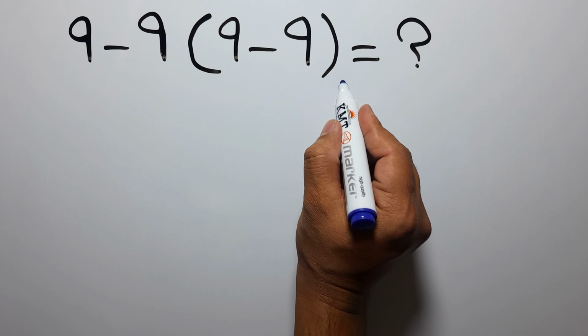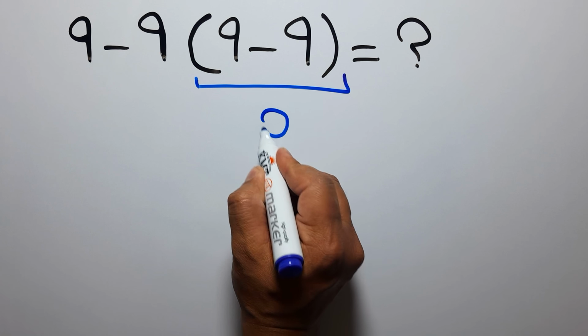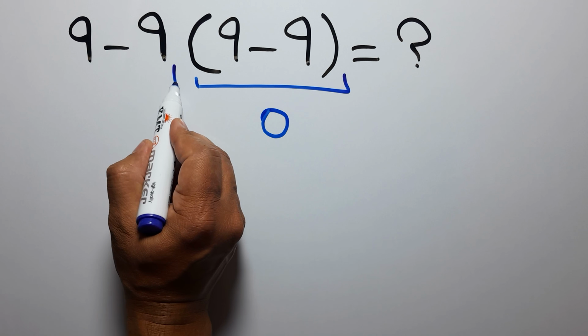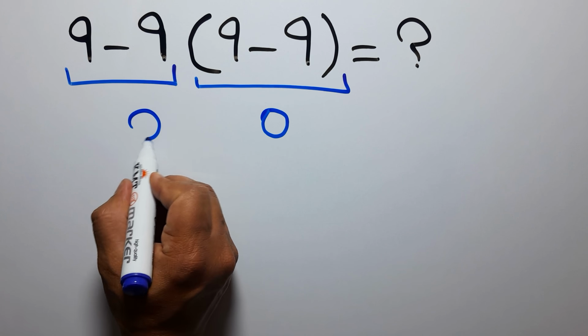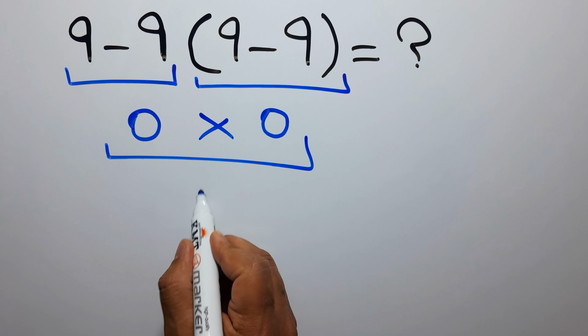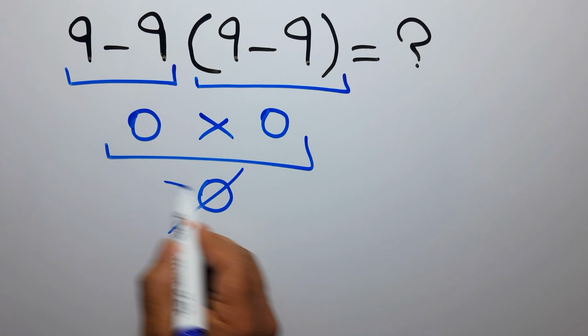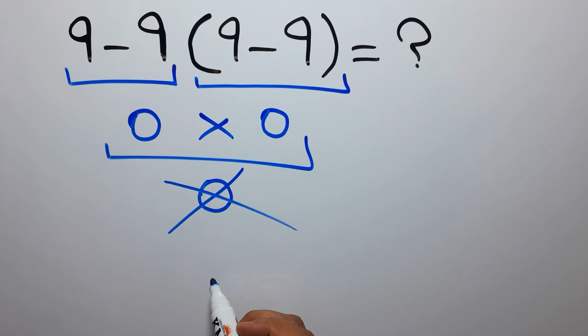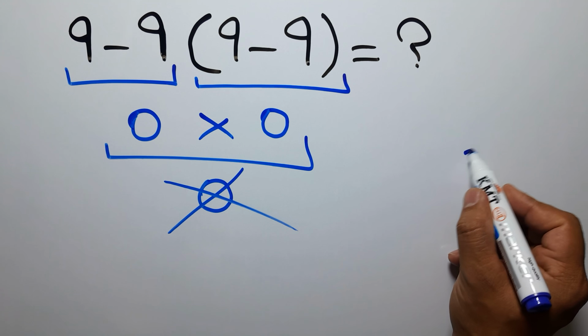9 minus 9 gives us 0. And again here we have 9 minus 9. So 0 times 0 equals 0. But this answer is not correct, because according to the order of operations, which is PEMDAS,